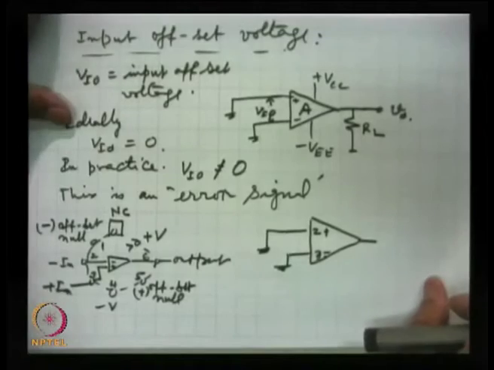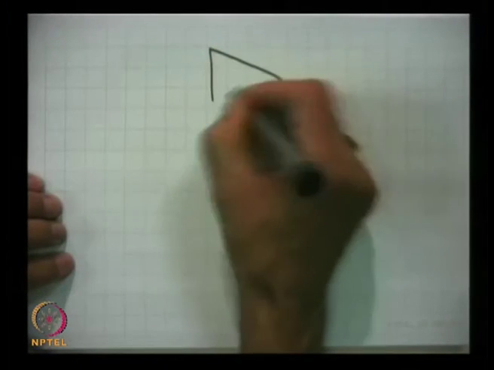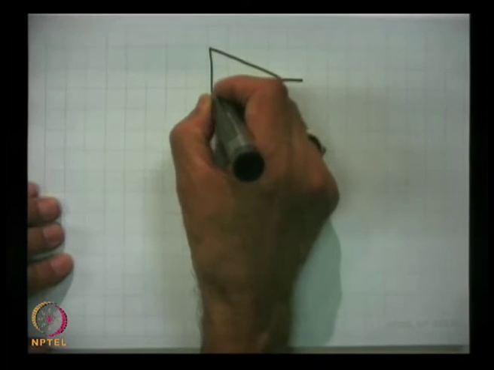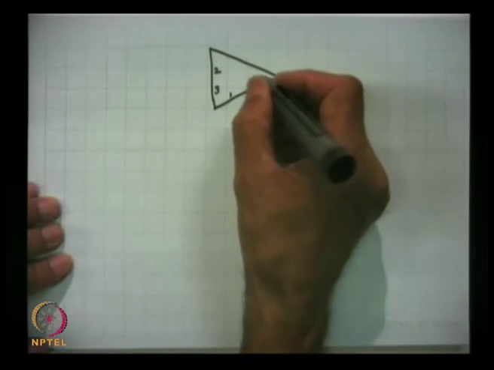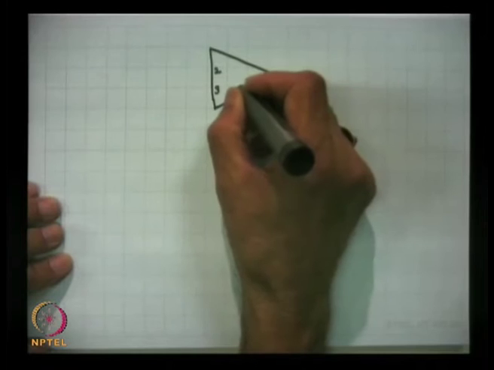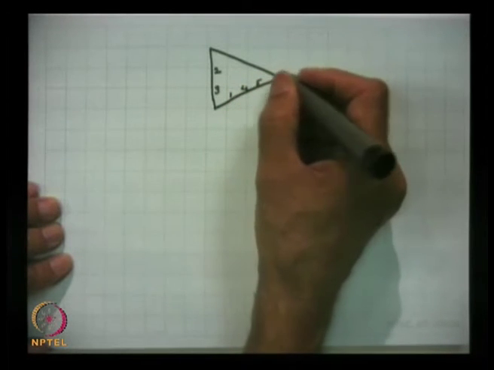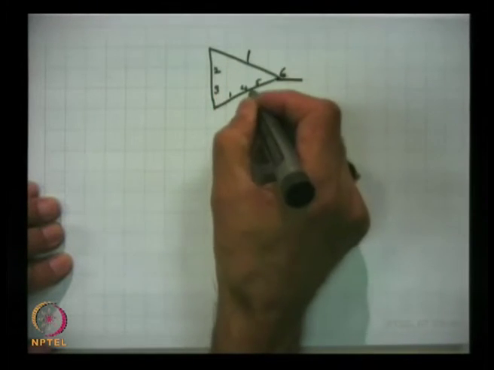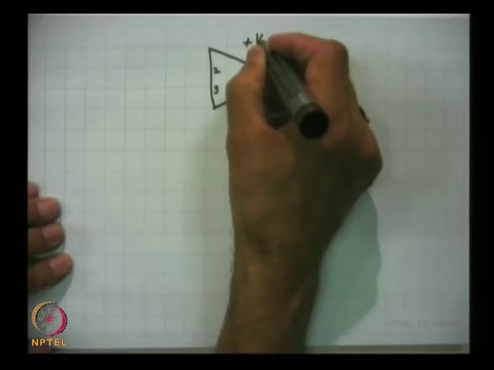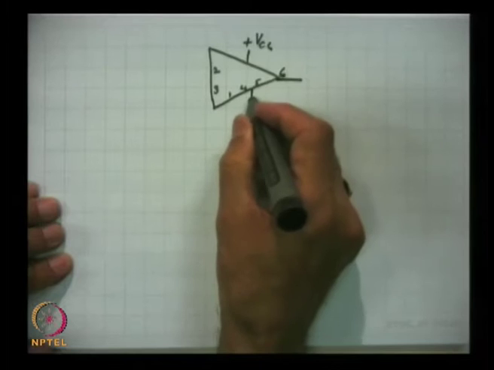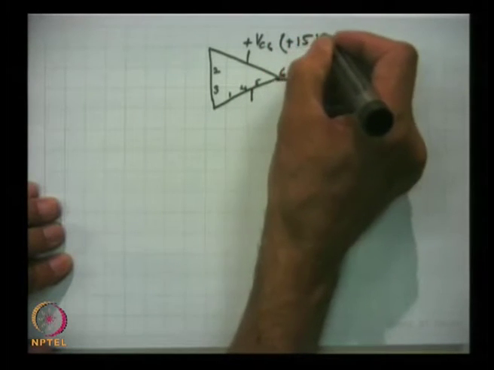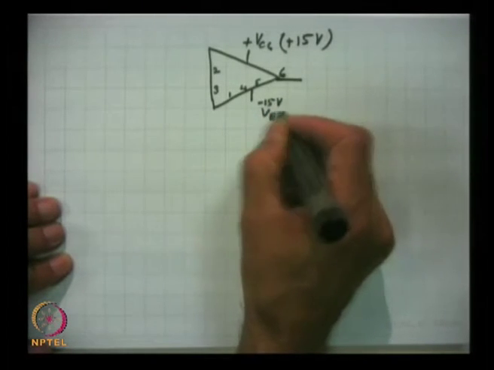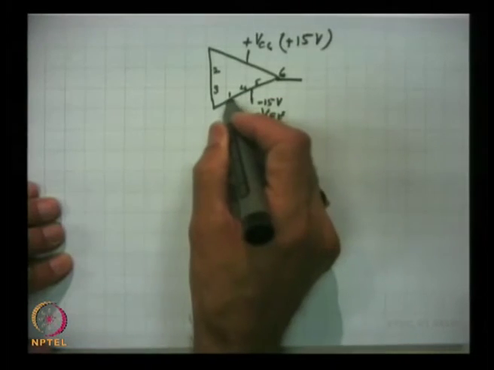I draw this figure again. This is 15 volts normally, and this is minus 15 volts, this is VEE. And here between pin 1 and 5,